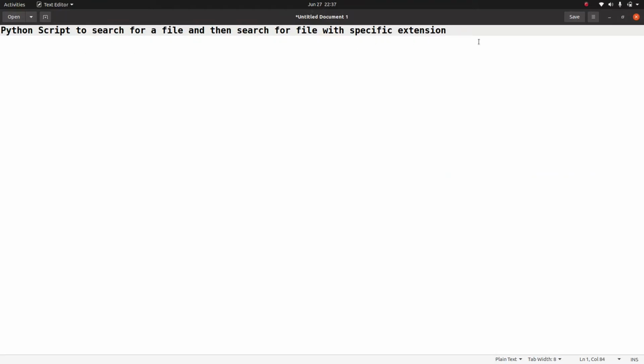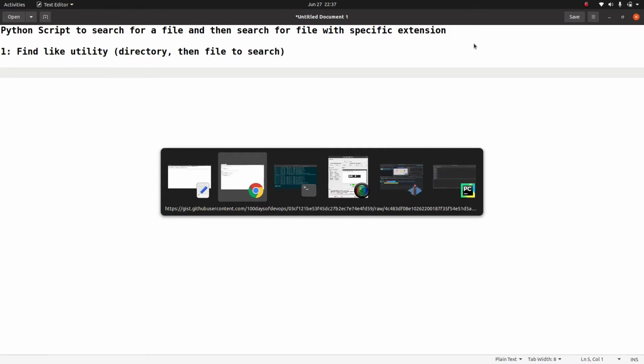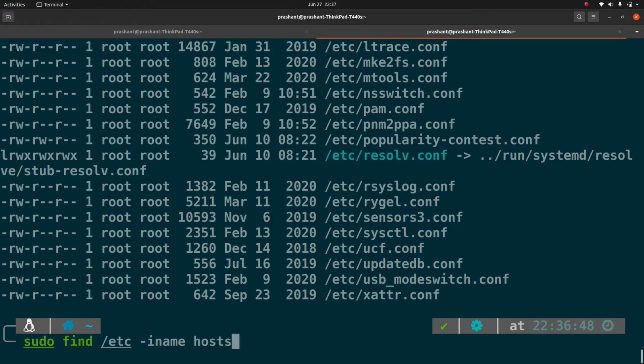So our first requirement is that we are creating a find-like utility, where we supply the directory and then the file to search.